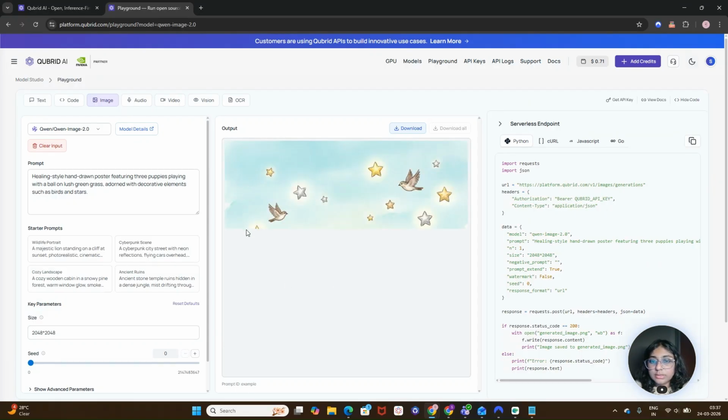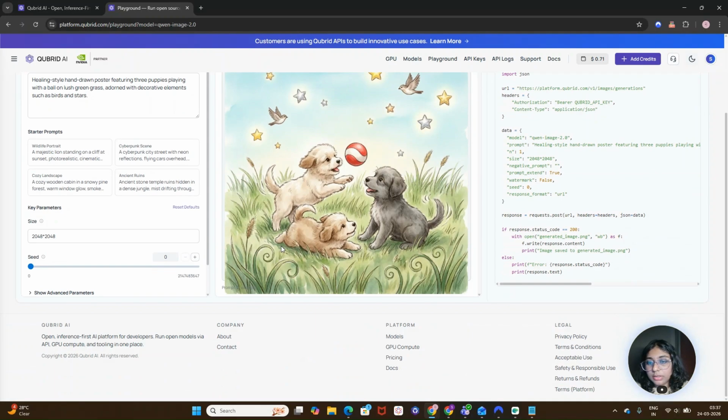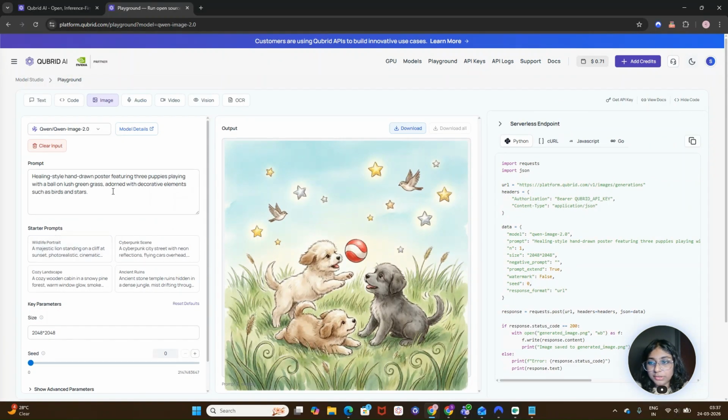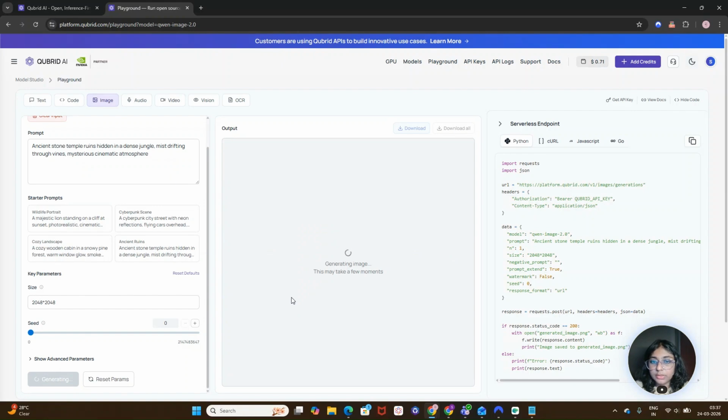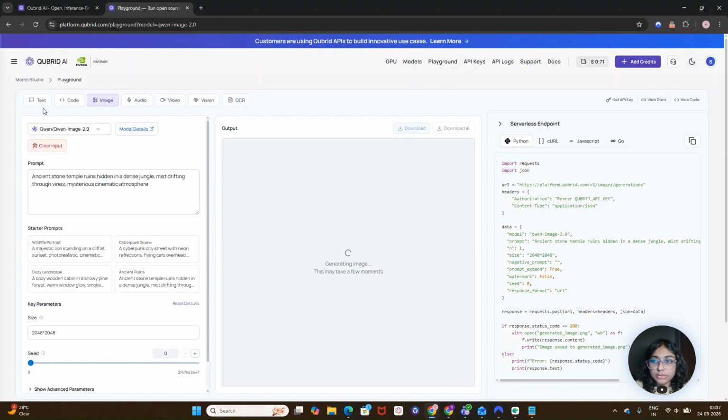So this is the already pre added image over here. You can see the prompt which it has given. So let's try the example prompts over here. Let's try this prompt and click on generate image. As you can see, we have different use cases also over here.